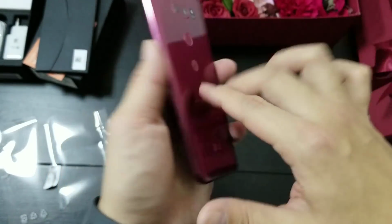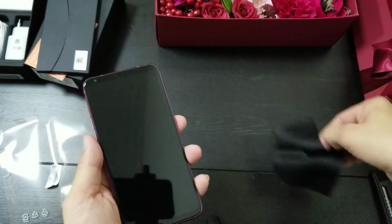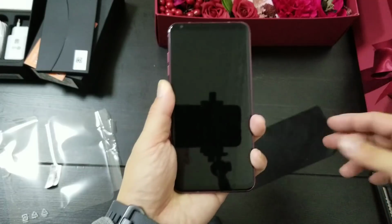Is there anything more to peel? Nope. So let's power on the phone. So anyway,